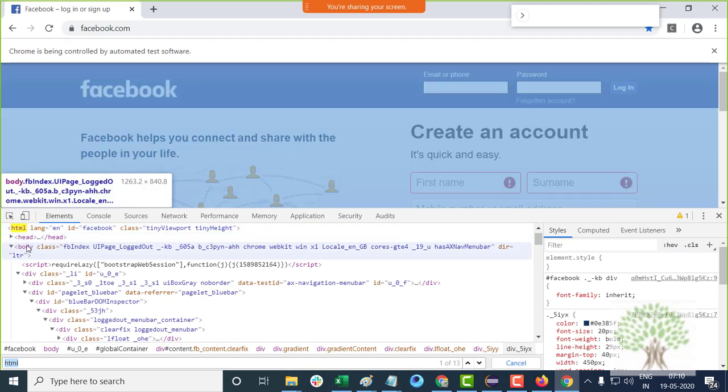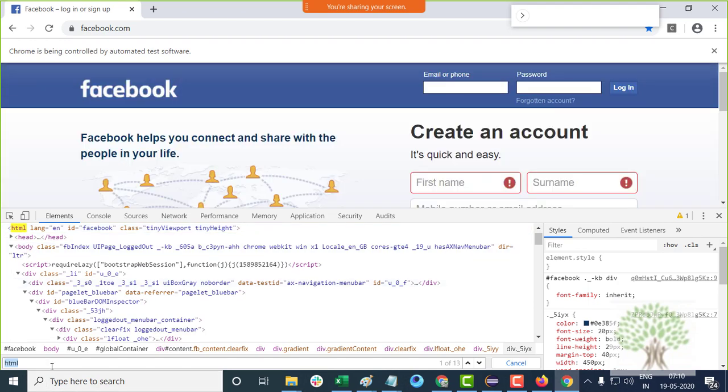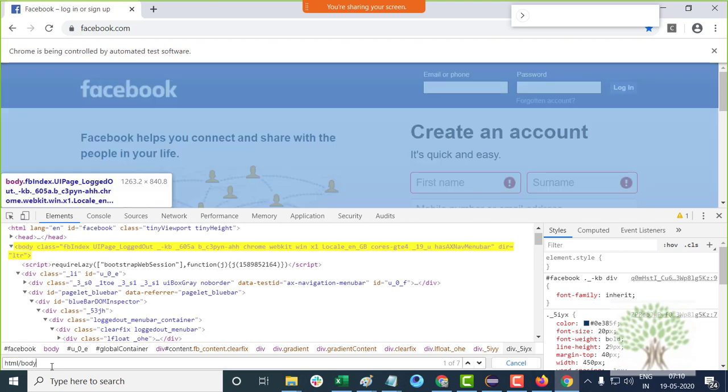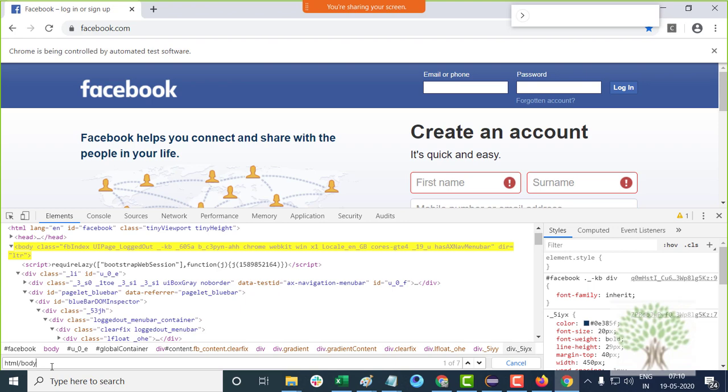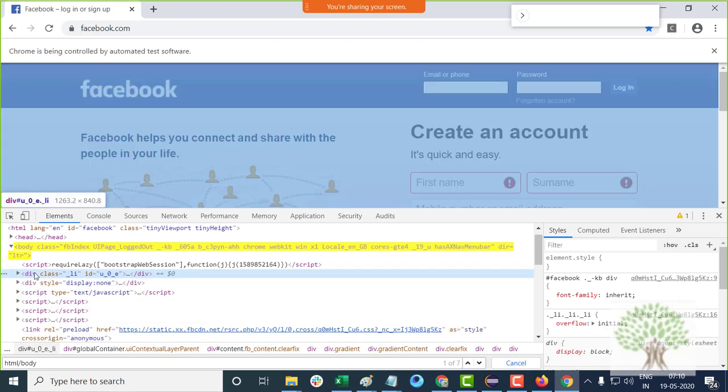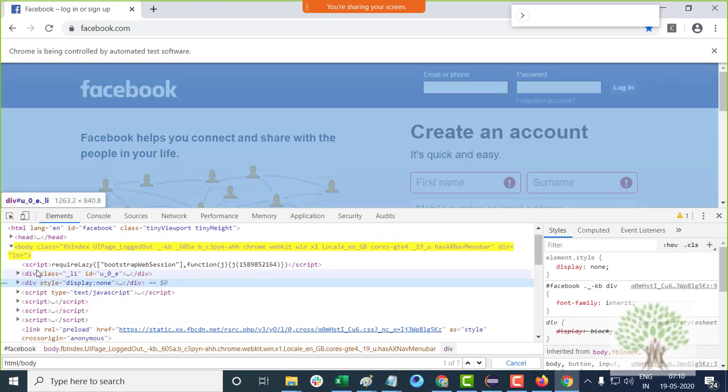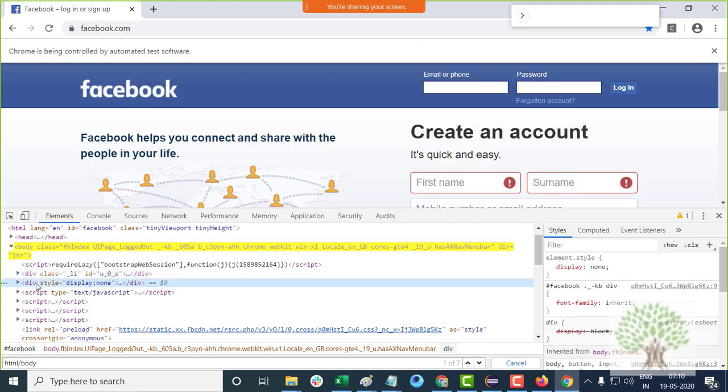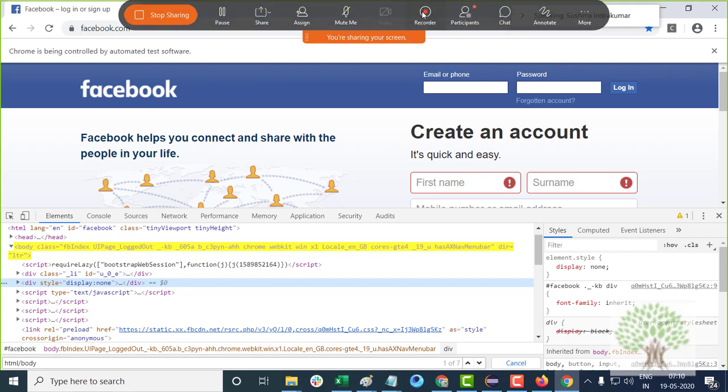Under the HTML tag you want to go into the body tag, so you write over here /body. Under the body tag we have got two division tags. These both division tags are parallel to each other.